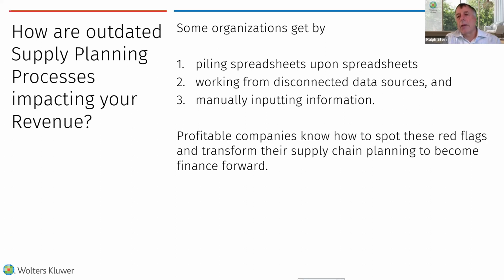So that's a very big thing with the disconnected data source. And manually inputting the information. I heard of an organization that used to be doing their budget, their planning for supply chain in a spreadsheet, and they had hundreds of spreadsheets, which were based on the different products, and then they had to make a change in one and have it flow all the way through. And rather than taking a few minutes, it was taking days to try and get that turnaround, which makes it very difficult to then give the information to the people in the C-suite, because it's so difficult to tie it together.